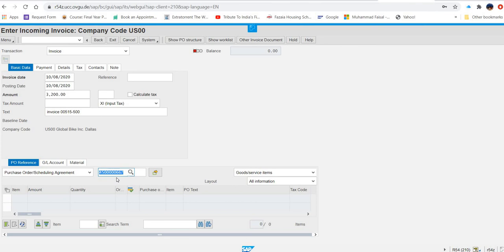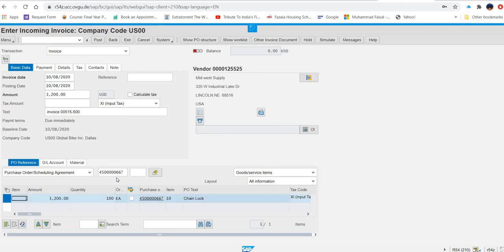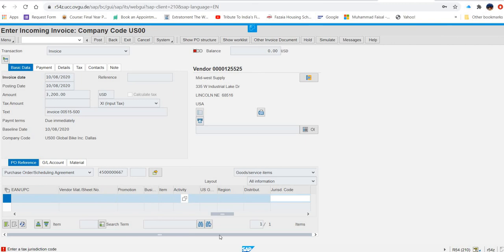And then you will press enter. Again you can see the same thing happen. Simulate, you can do the simulation. Enter checks, again tax jurisdiction FL 7 zeros. Enter.